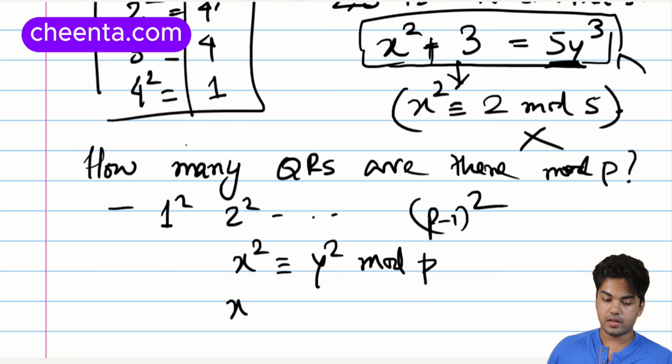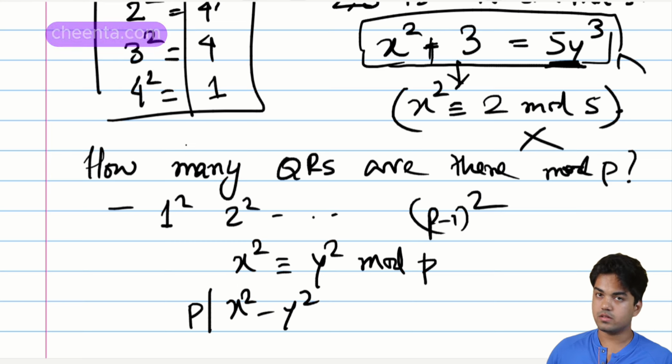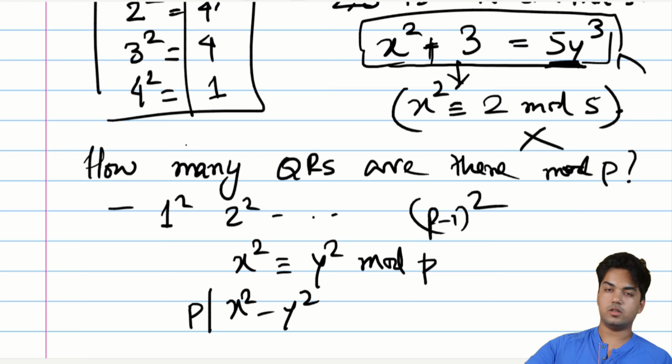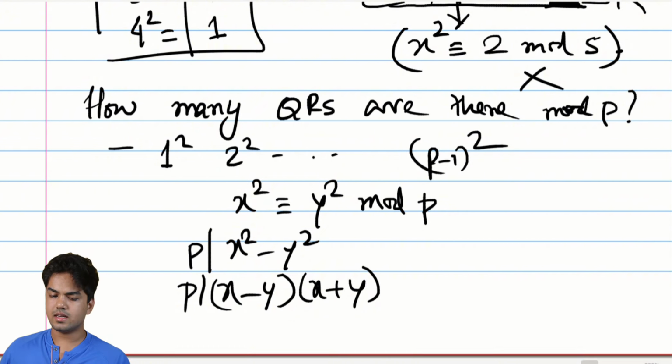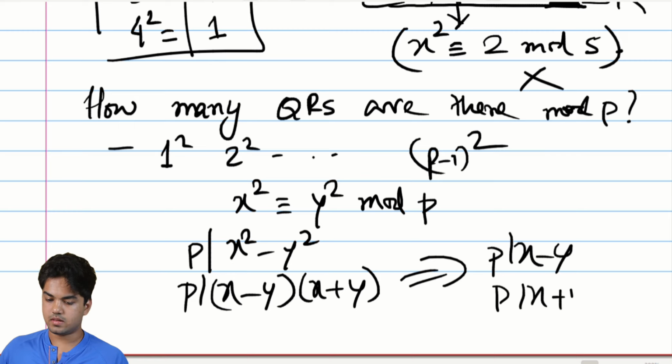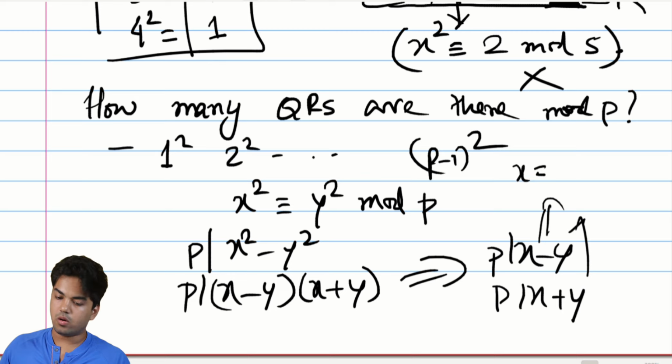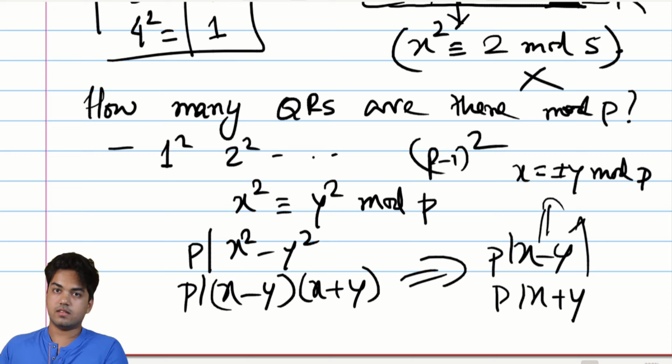But that can only happen if P divides x square minus y square. That's what it means actually for two numbers to be congruent mod P. But this implies P divides x minus y and x plus y. It's a simple check that this implies that either P divides x minus y or P divides x plus y. Which is the same thing as saying that either x is minus y or plus y mod P. So either x is the same thing as y mod P, so x and y are the same residue, or x is minus of it,